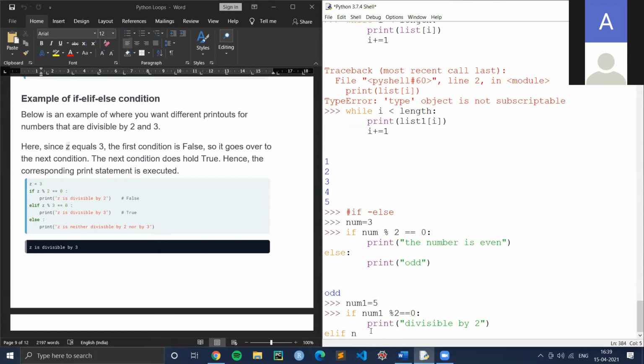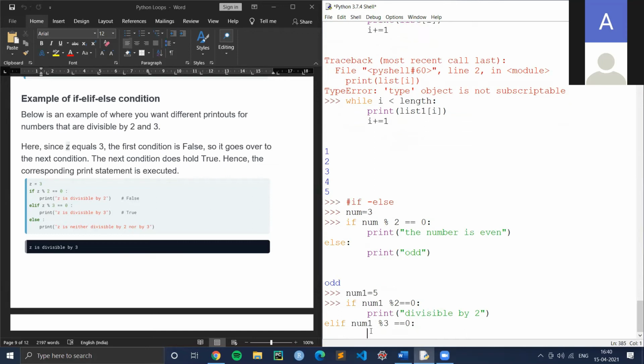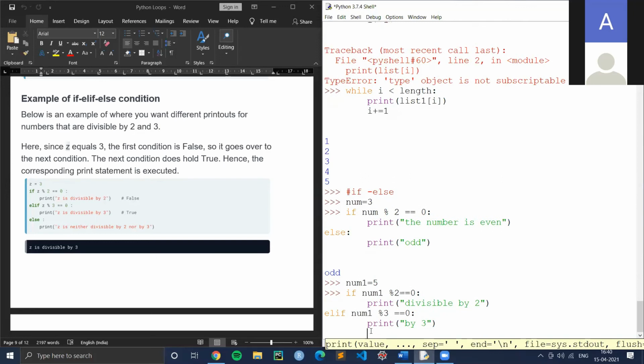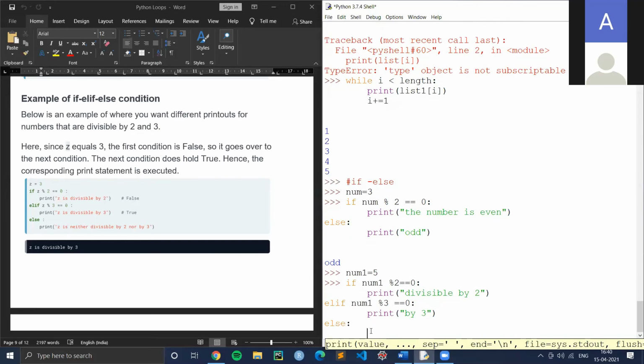Elif, my num1 is divisible by 3. I'm taking one more statement here, divisible by 3. So if it is divisible by 3, it has to give the remainder as 0. I'm going to print it is divisible by 3. Just leave the print statements, you just have to understand divisible by 3. Okay, so my if, elif, and then else. Else, what will I print? I'll print it is divisible by none. Like it's not divisible by 2, not by 5. Not by 2 or, sorry, not by 2 or 3.